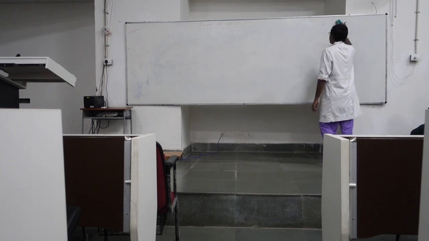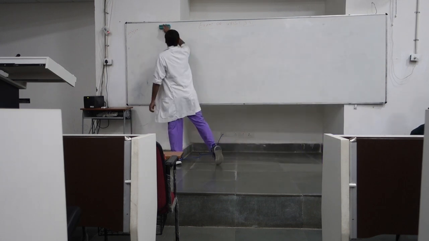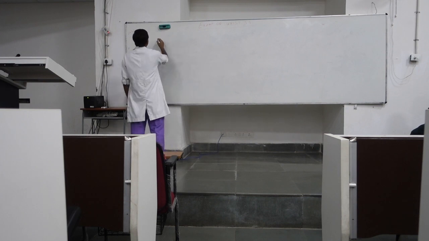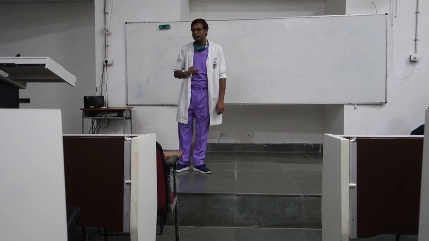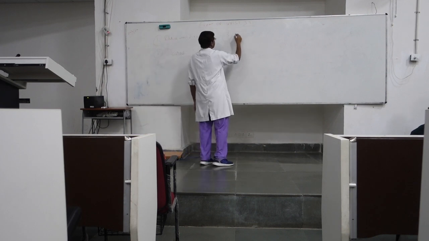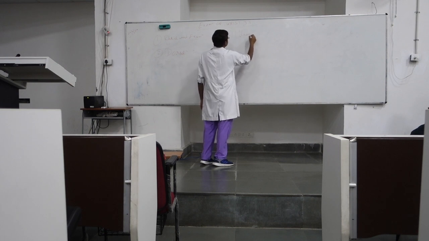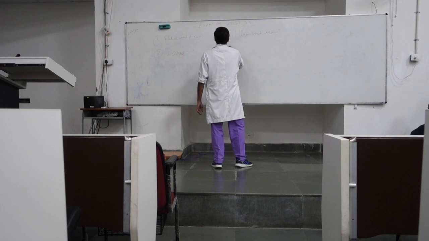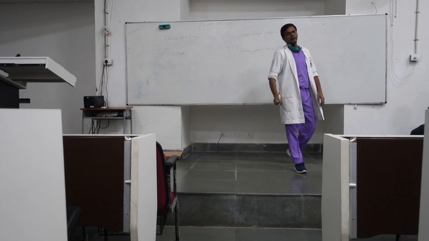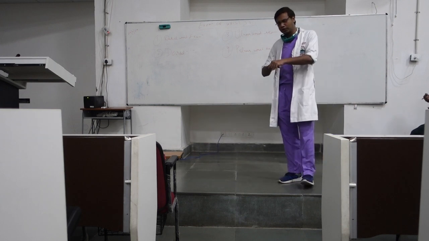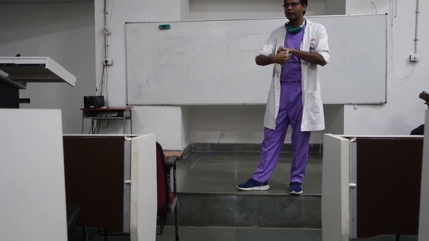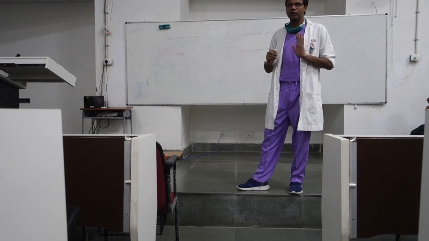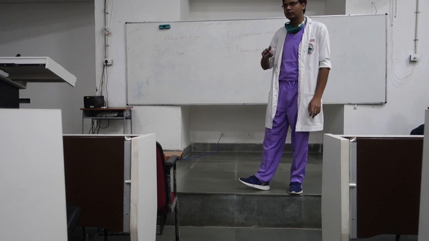So for the sake of simplicity, examination of the wrist can be divided into four. First is radial, second is dorsal wrist examination, third is ulnar wrist examination, fourth is palmar wrist examination. So that means you are running clockwise. First you start from the radial side, then you go to the dorsal side, then you go to the ulnar side, and ultimately you go to the palmar side. Okay, so all 360 degrees of the wrist you have examined.